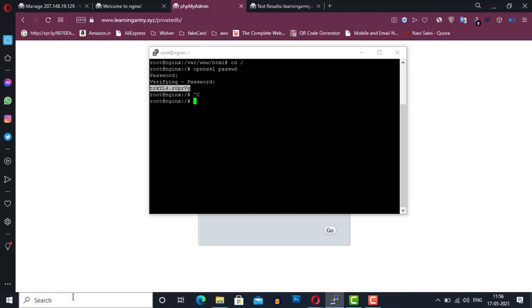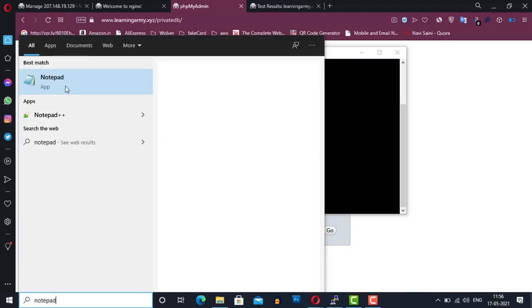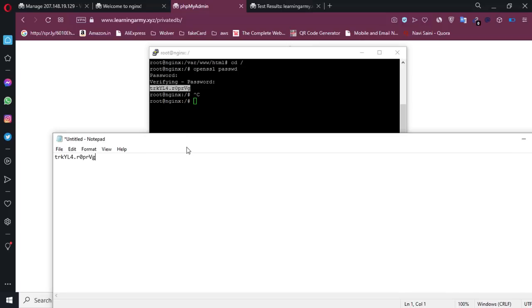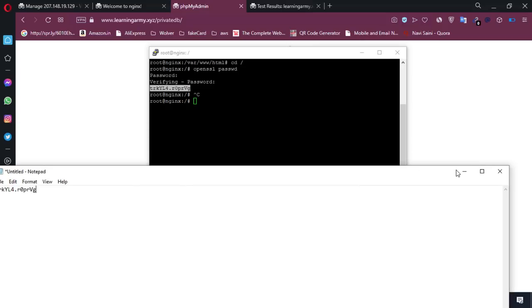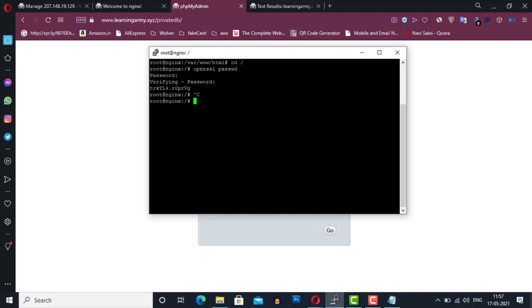You can copy this password or keep this password in the notepad. To create the authentication file, open the nginx directory using the cd command. Now create an empty PMA password file using the touch command.